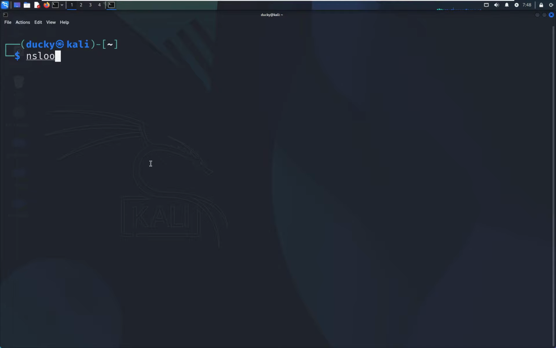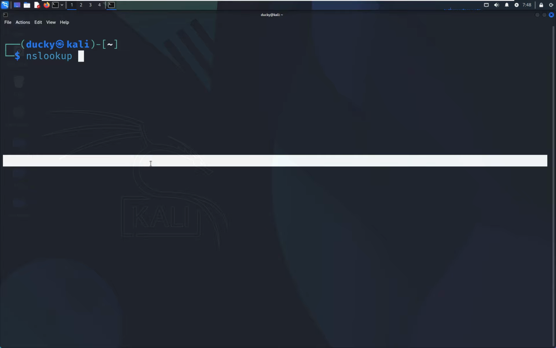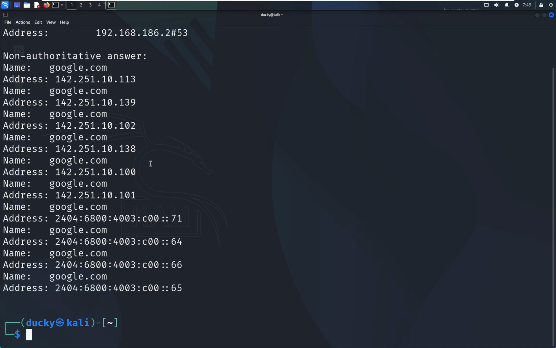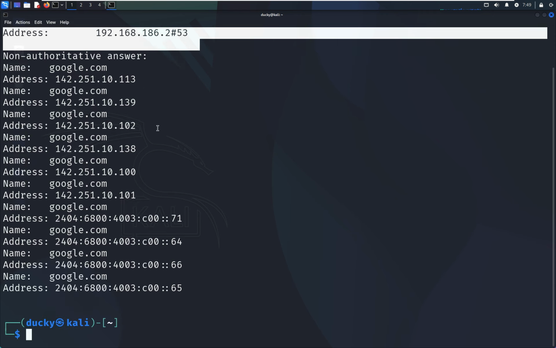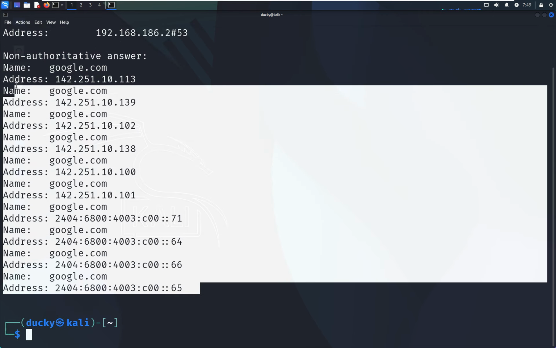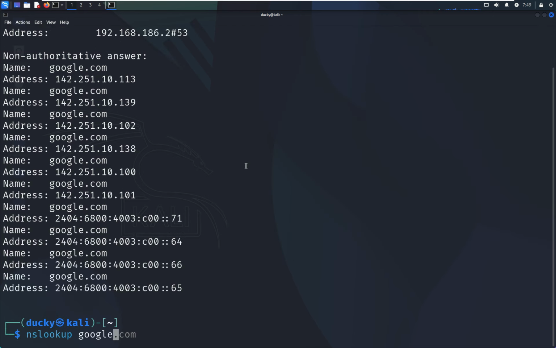So nslookup google.com. So it's giving this information. This information is IP information: what IPs it uses, the address. This one is the DNS server which is providing this information, and these are the IP addresses for Google. So if I do the same thing for Facebook,